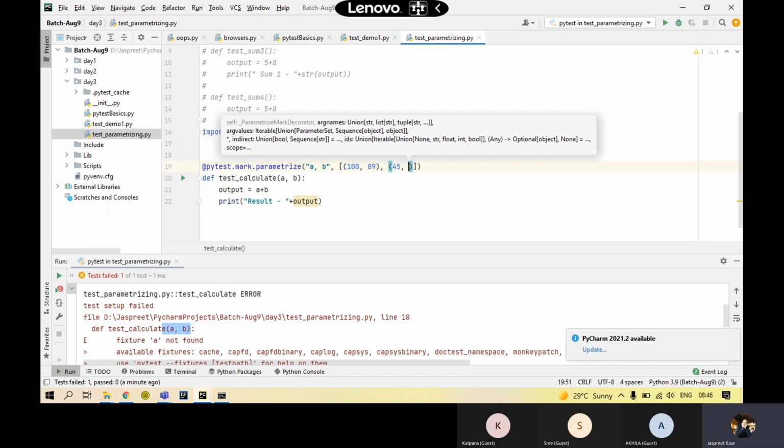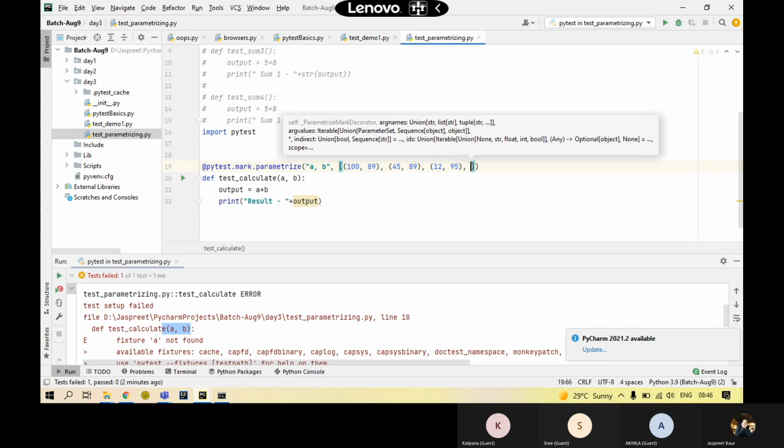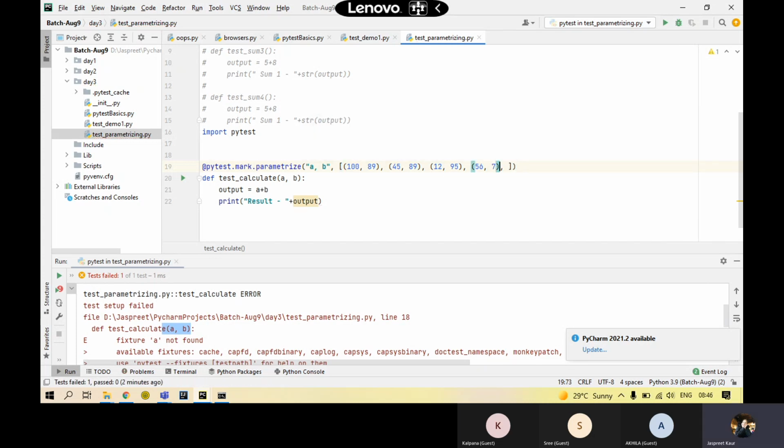Then I have this, maybe 5 sets of data and we'll see what output we get. 07 is an error, so I'll remove this 0. These are the values I have passed.